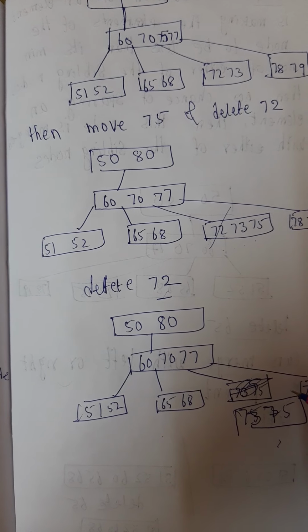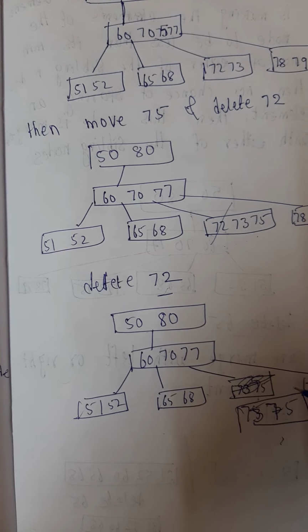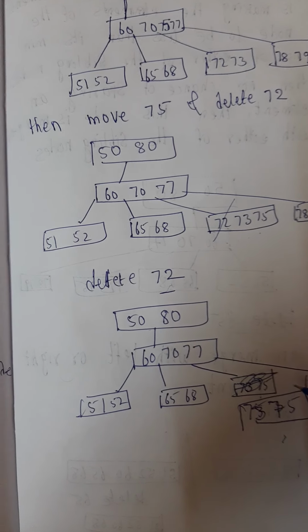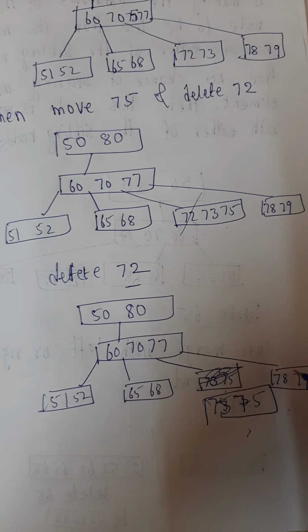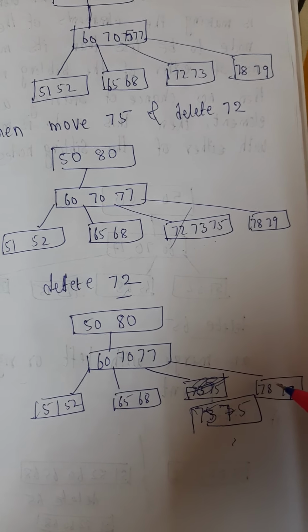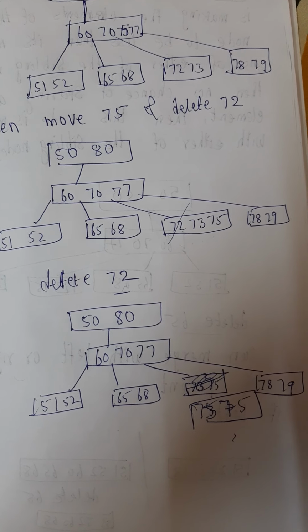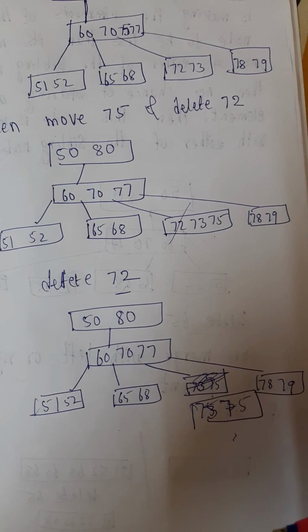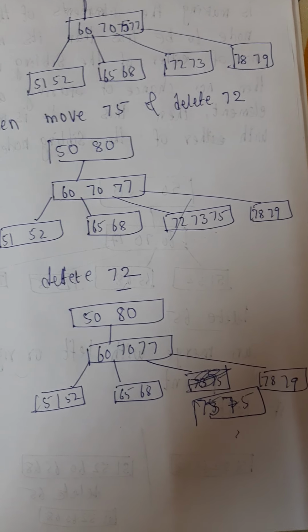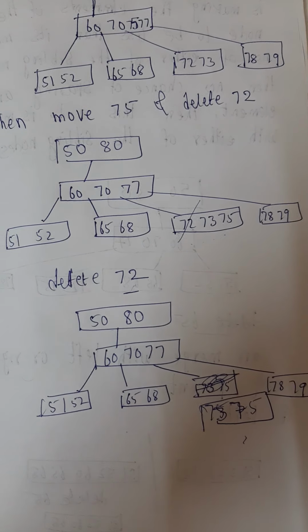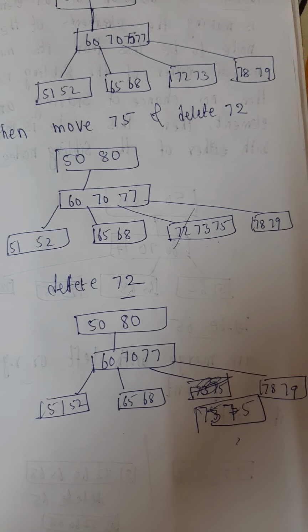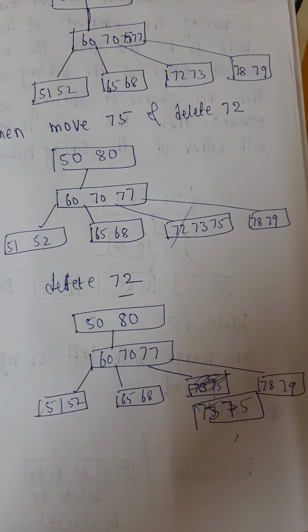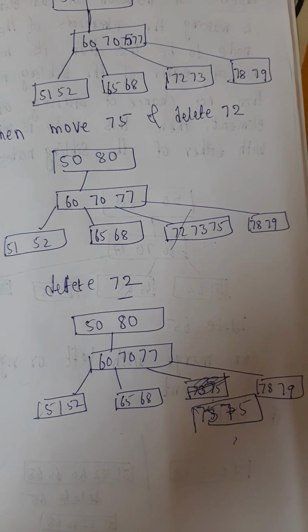The other case is if it is having only the minimum, check with the left sibling. If you are going with the left sibling, we have to check for the maximum and move to the parent. If the left sibling is having the minimum, now try with the right sibling. So when you are going with the right sibling, we have to check with the minimum. Left is maximum and right is minimum, and you are moving to the parent.